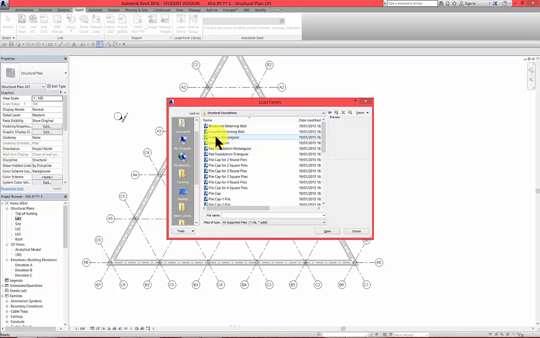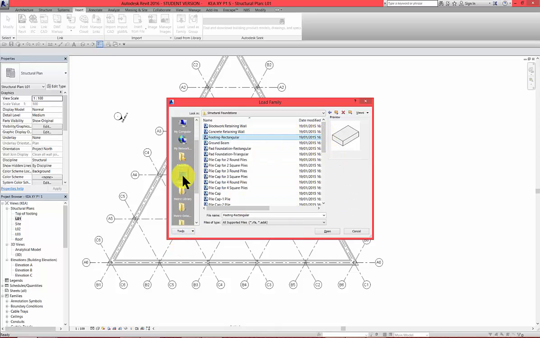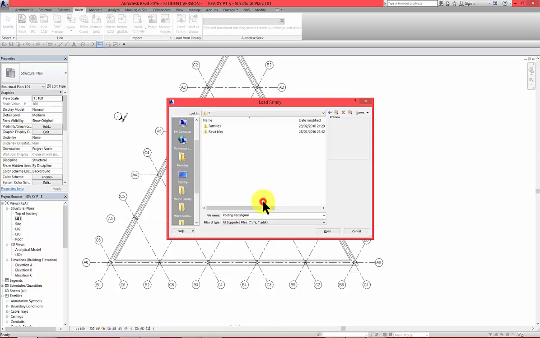What we can do, we can change the existing one and create a round one. Right click, or left click actually, right click, copy, and then we can go to our folder, families, right click, paste, rename the name,